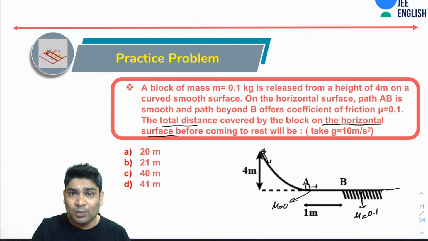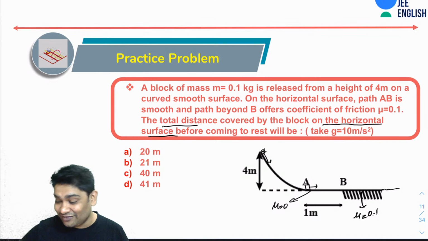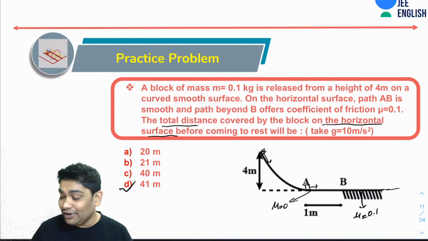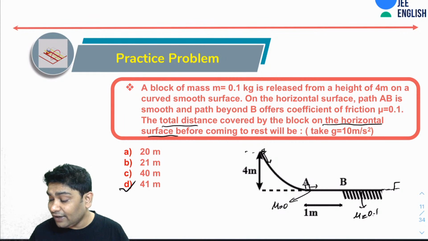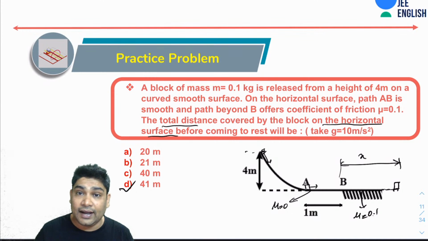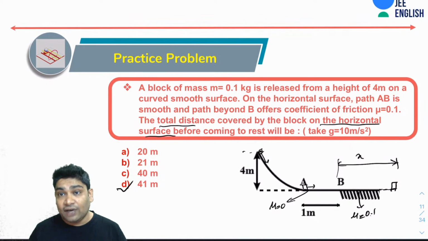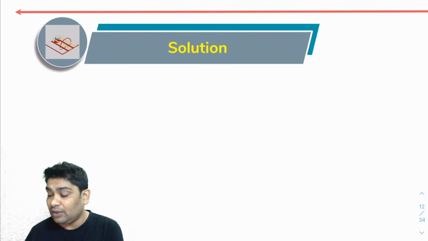Again, simple problem, you should not have an issue. Yes, 41 would be the correct answer. Very simple problem. All you need to know is that here it has a potential energy of mgh. Whenever it comes to a stop, let's say it travels a distance x on this part. If it travels a distance x on this part, then I can apply the work energy theorem and say that the work done by friction